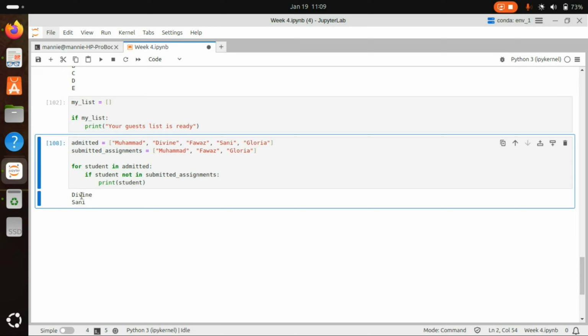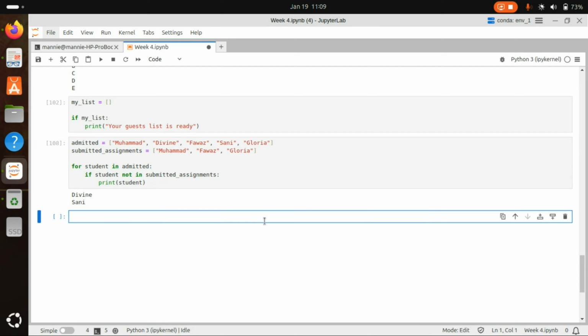Beautiful. Now, what if I want this in a list, right? If I want to get a list of those who have not submitted the assignments, I can just create a list. Let me call the list not_submitted. So I can use the list comprehension if you want them in a list. If you just don't want to print them, you can come back here and do not_submitted is equal to student or name if you want